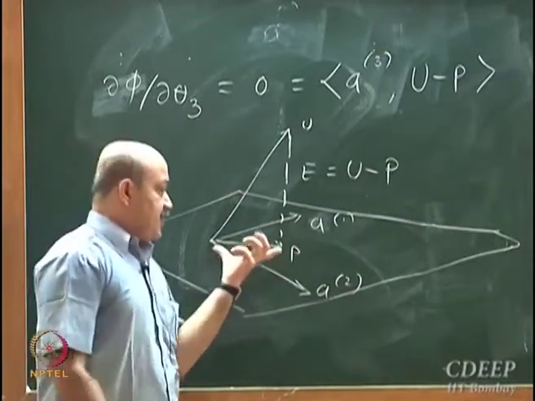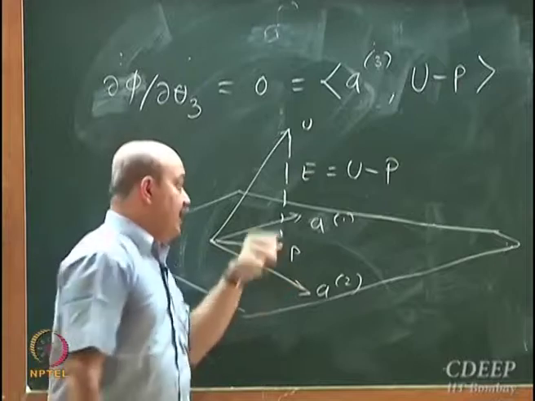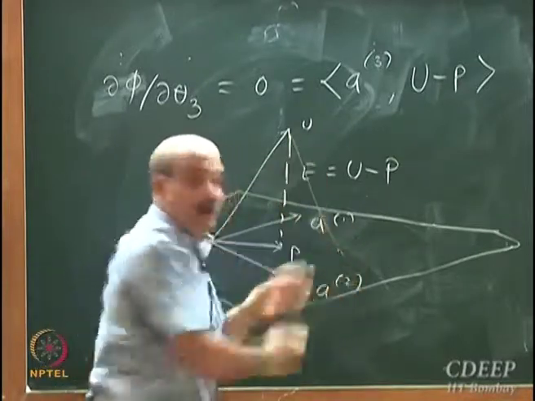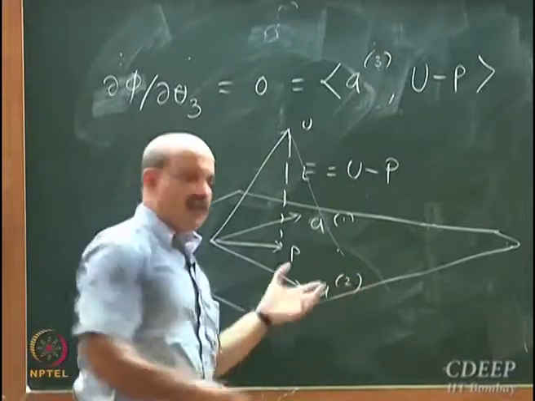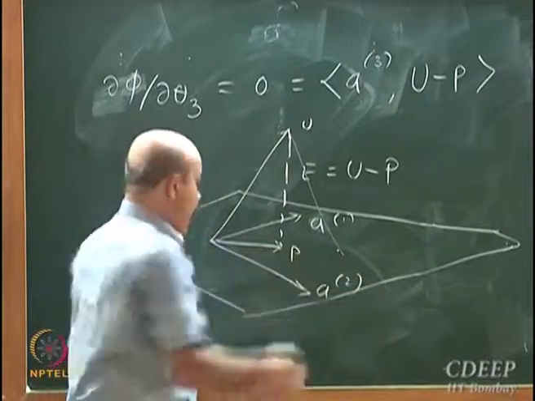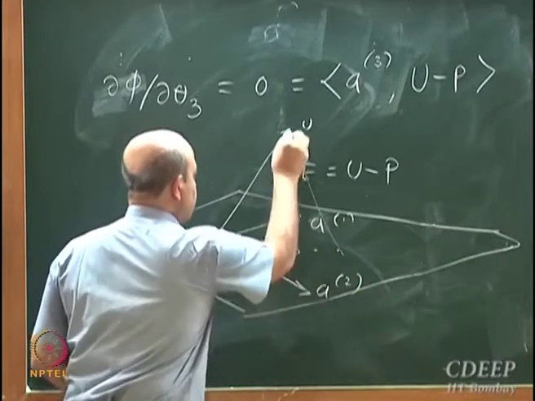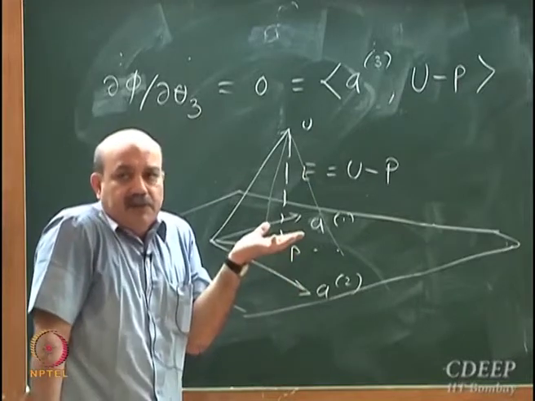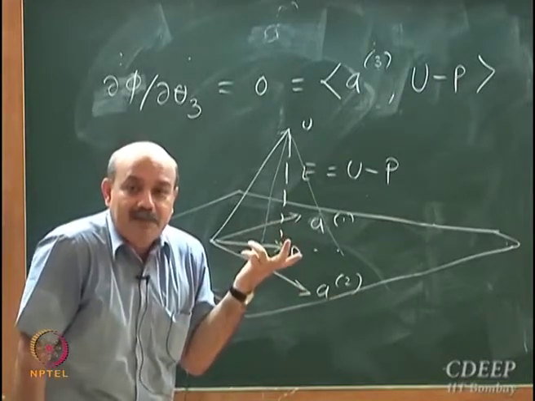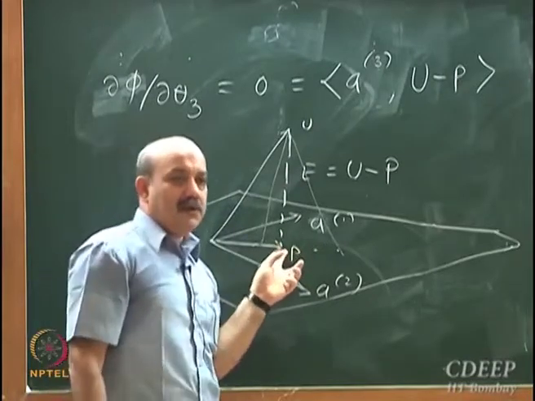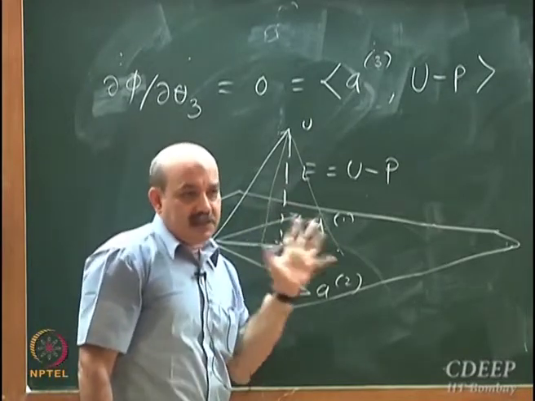This is the special vector such that this error is perpendicular. If I take any other vector here, this error will not be perpendicular. There are so many ways of approximating this in this plane. I could approximate here, I could approximate here. Somebody will say that this is the approximation. This is one possible way of approximating. What is the least square approximation? Perpendicular. Least square approximation is the perpendicular.